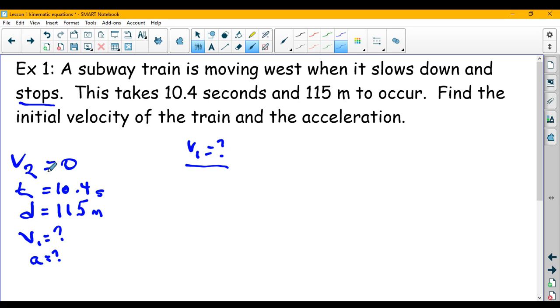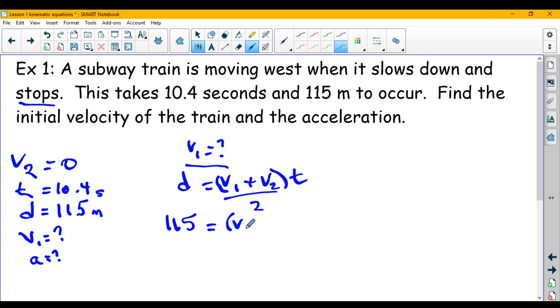So I need an equation that has V1, V2, T, and D in it. So if I look at my list, that would be this one because it has everything I have plus the thing I need. And that's really what I need to do, pick the equation that will work. So I know the D is 115, so I'm going to substitute it. I'm going to write down V1 because that's what I'm trying to solve for. V2 is 0. Don't forget divided by 2. And then my time is